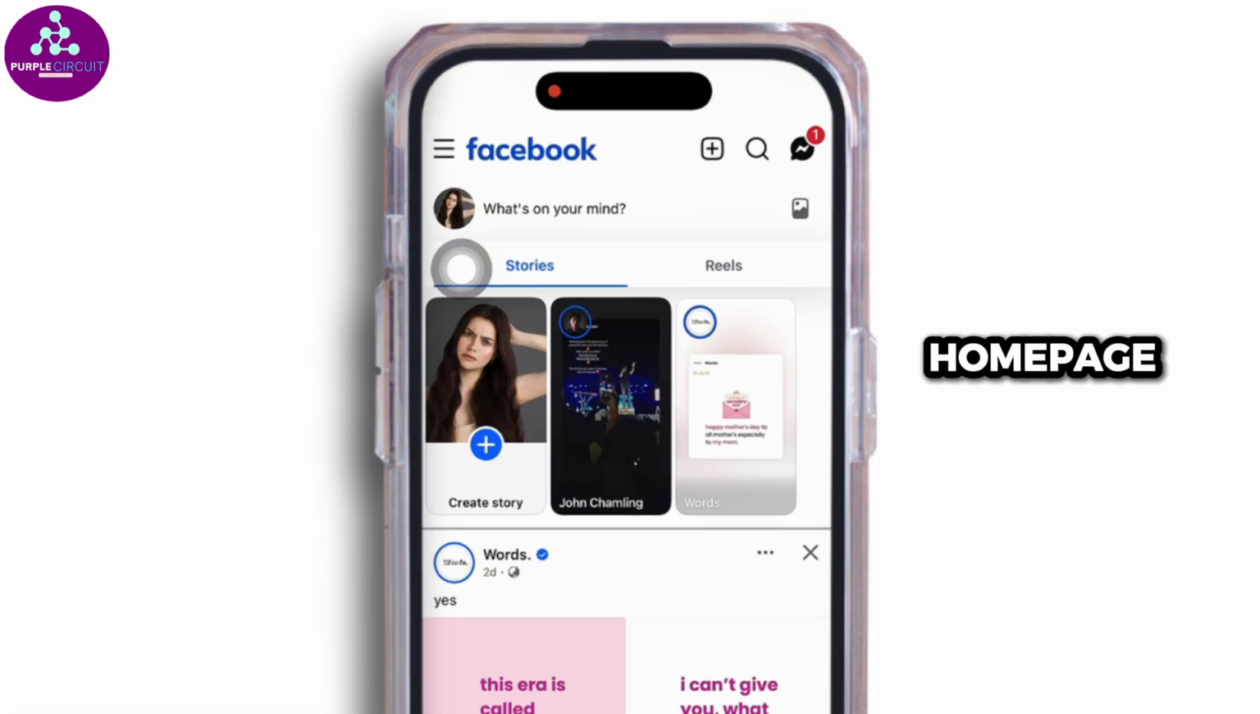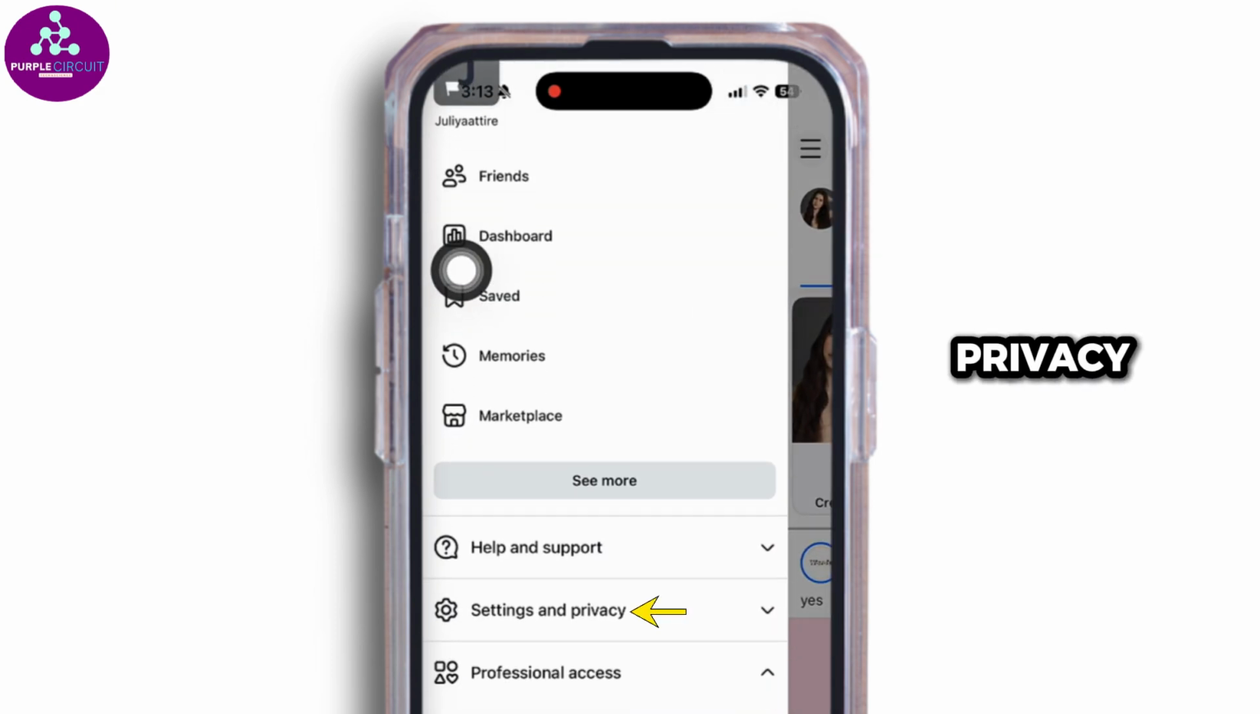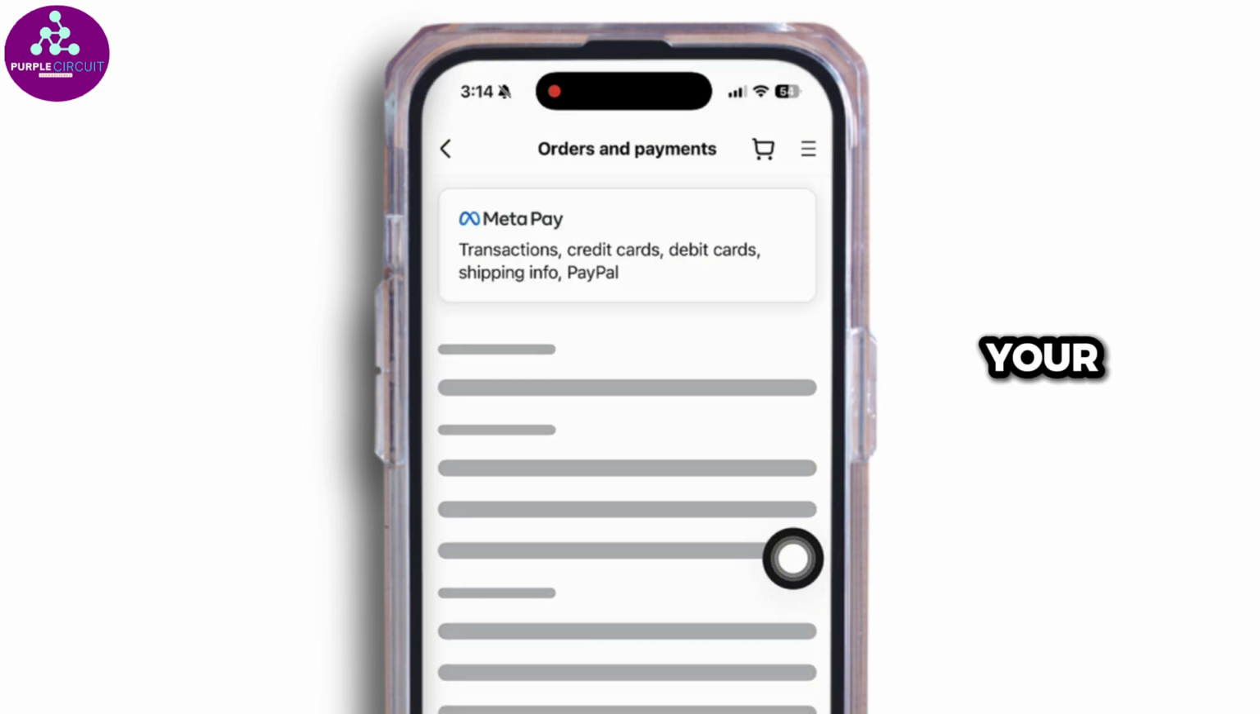Now navigate to the home page. Then click on three bars given at the top left. Now head over to the option settings and privacy. Under this, you're gonna find the option of orders and payments. Click on that. Here you will be able to see your Facebook stars balance along with your purchase activity